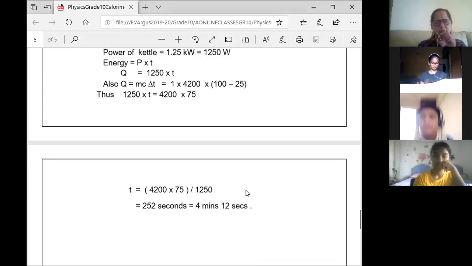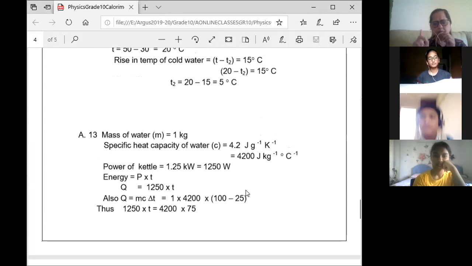Again, I'm going through it. First thing, what was the catch? The mass of the water is given in kg. The specific heat of the water is given in joule per gram. So I have to have everything in the same unit. Okay. So remember, please write and keep somewhere the specific heat capacity of water: in grams it is 4.2, and if it is to be converted to kg, it is 4200.